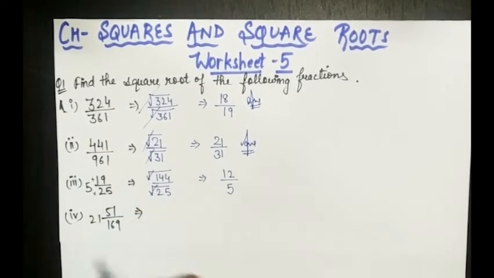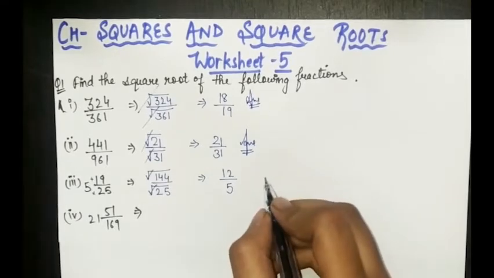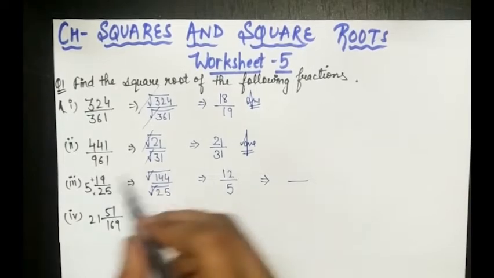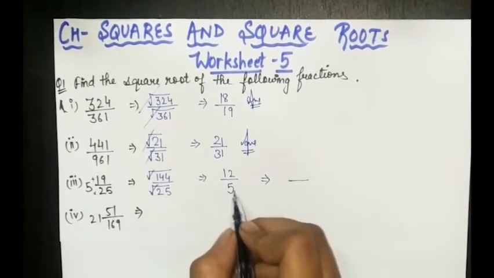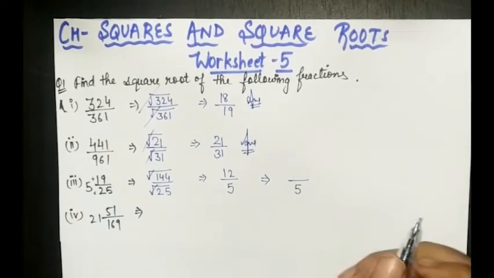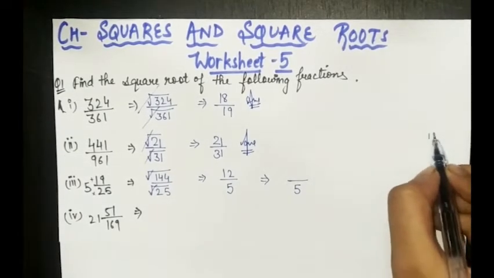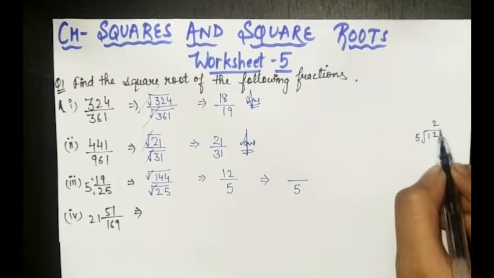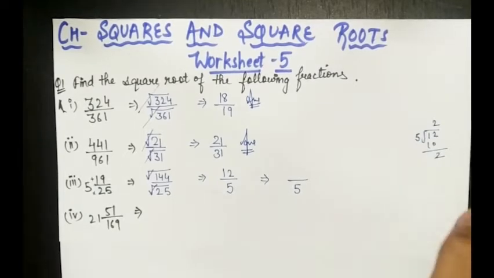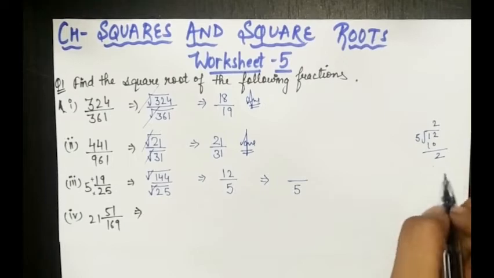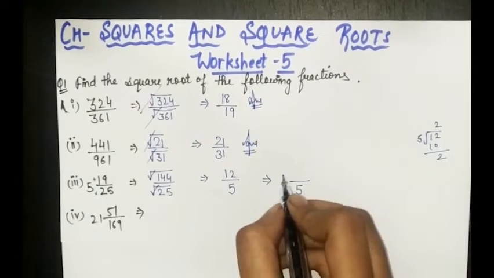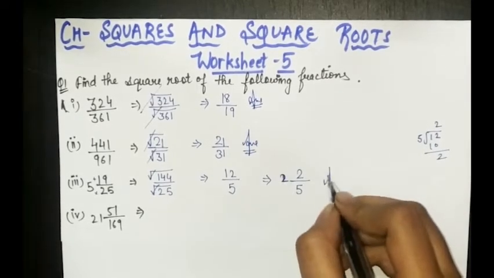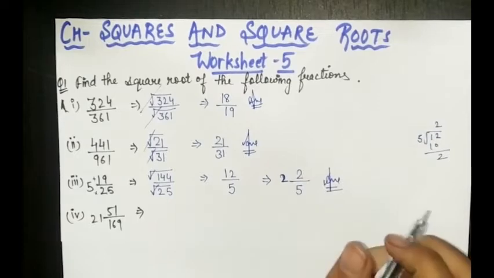Now this is already in mixed fraction. You have to do this also in mixed fraction, means first how to convert this number into mixed fraction. The denominator will remain the same here also. Now you have to just divide this number. 12 divided by 5, that will be 2 and 2. So you will be writing 2 as the whole number and 2 as the remainder. So this will be in the mixed fraction. I think this much is clear to you, means this is the answer for this part.